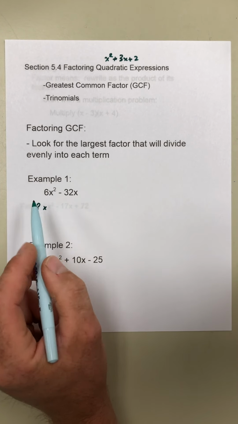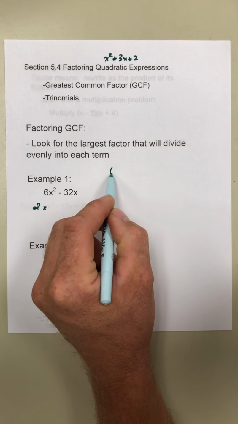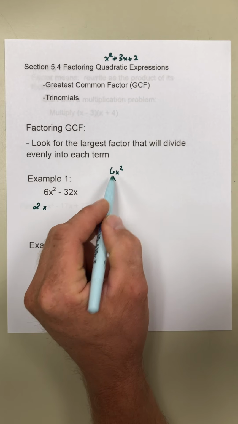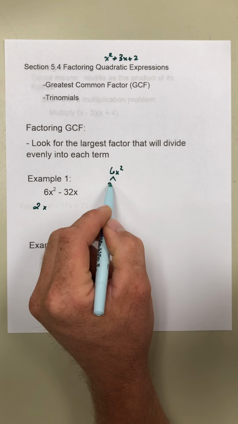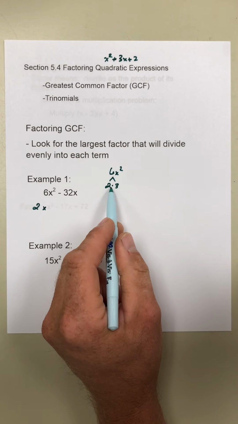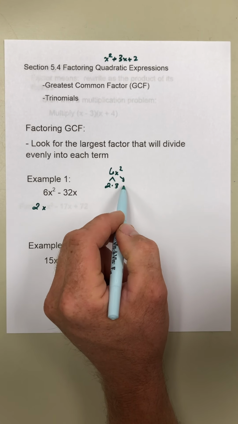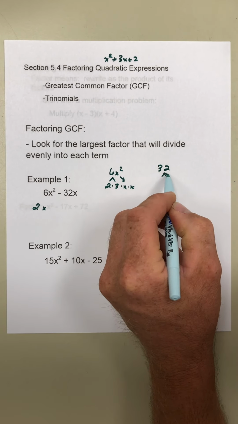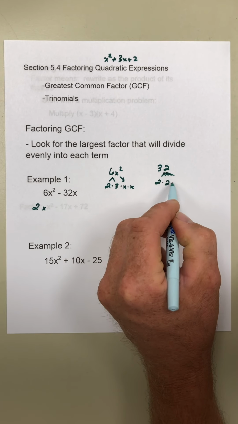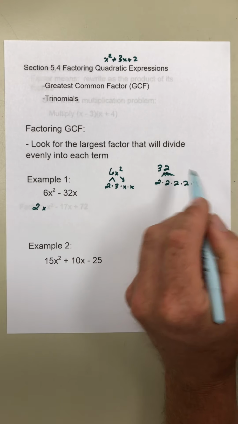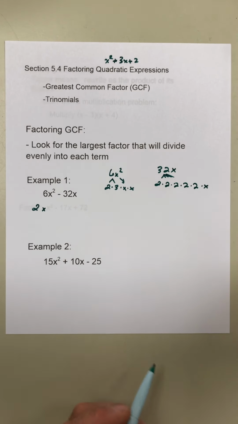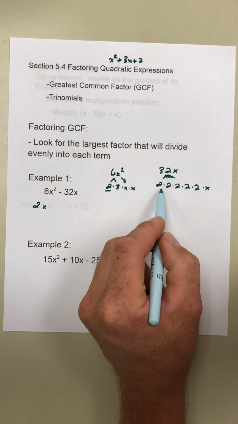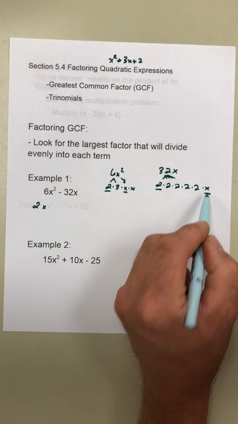So what does that look like mathematically? If you remember way back when, we asked you to do a factor tree of 6x squared, or maybe just the 6. So the factorization of 6 is 2 times 3. Those are both prime numbers. The factorization of x squared is x times x. If I look at 32, the factorization is 2 times 2 times 2 times 2 times 2. And if I look at the x, we just have an x. So when I ask for the greatest common factor, I'm looking at what we have in common. We should hopefully see that we have a 2 in common, and we have an x in common,